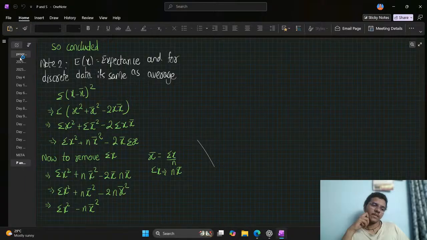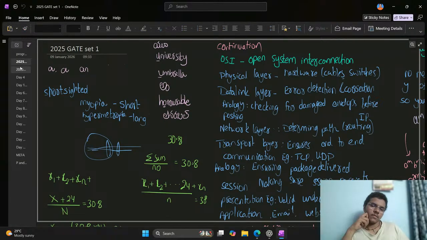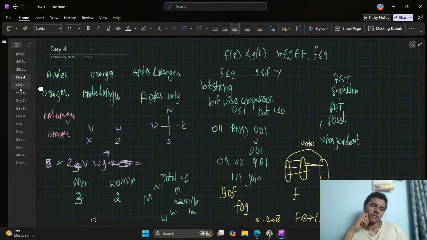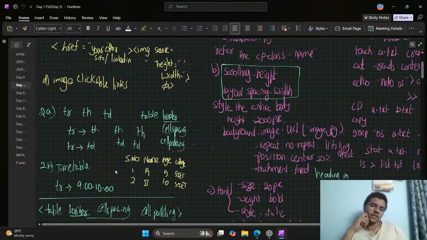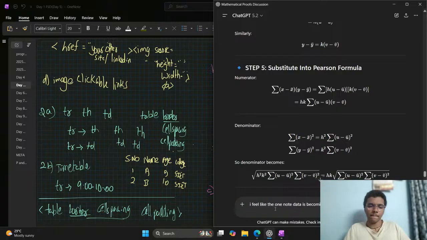It is frequently doing this. It is frequently not responding. I feel like the OneNote is becoming too big and it is not being interactive enough. Maybe PDFs and